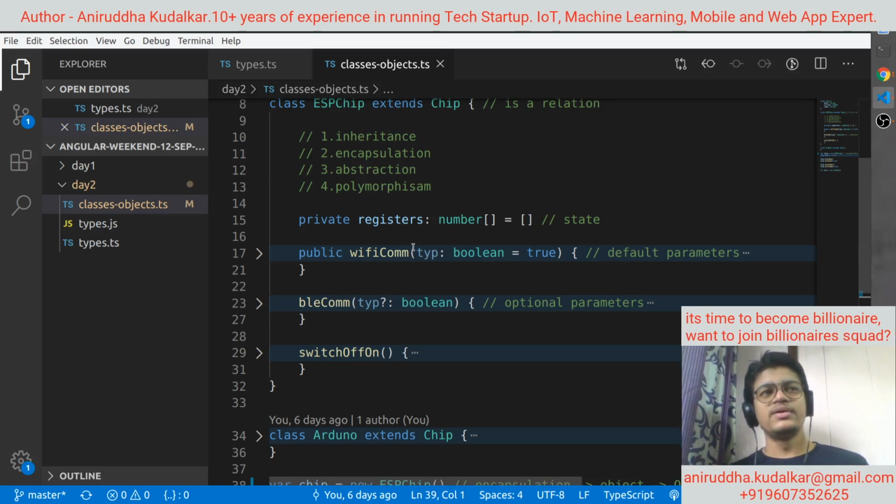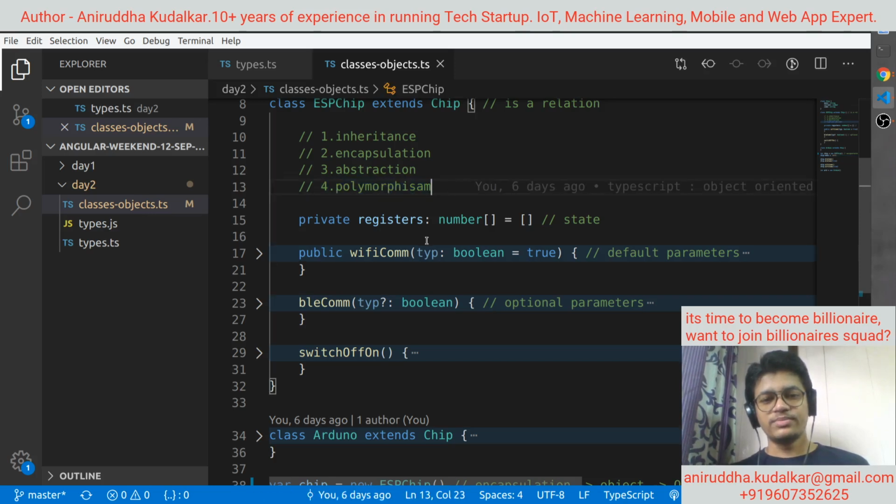A typical example, when we learn the object oriented principles, people give us a typical example: consider that you have a fan and there is a button, right? You just turn on and off the button, but you don't know the internal circuits of that particular button, how exactly that thing is working. You don't need to know that. That is called abstraction. For starting and stopping the fan, they have given one button, right? You just need to start and stop the fan by switching that button on and off. That's the only thing you need to do, but how it internally works you don't need to worry about. That's what abstraction is.